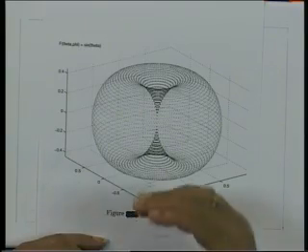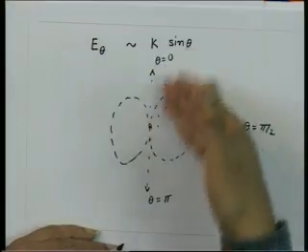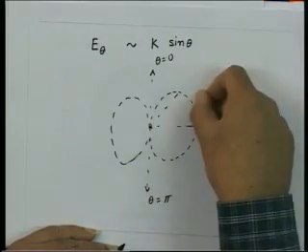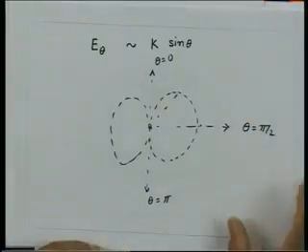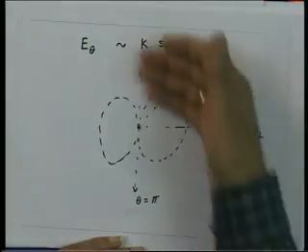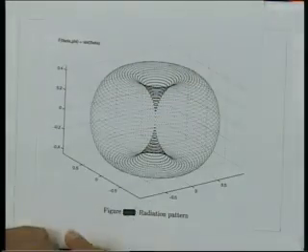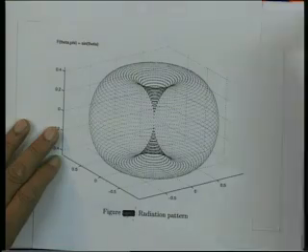So, what we do is we take 2 sections of this figure by 2 principal planes. One is the phi plane, and the other one is the theta plane. The theta plane is the plane which passes through the axis: if I take some point here, the plane which contains that point and the axis will be the theta plane. So, in this case, this plane of the paper is nothing but the theta plane. So, if I take this apple and cut it vertically, I will get a pattern which will look like that.